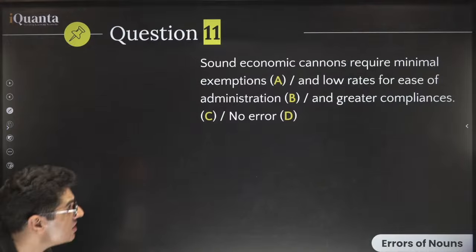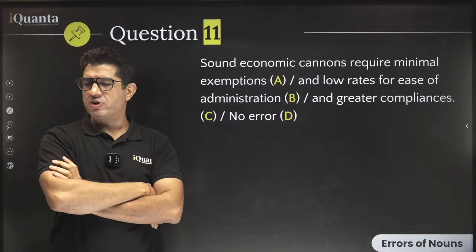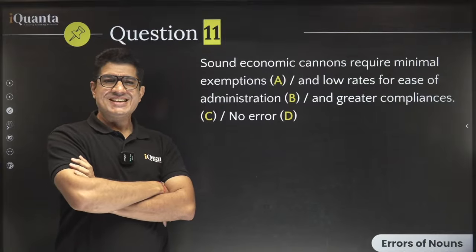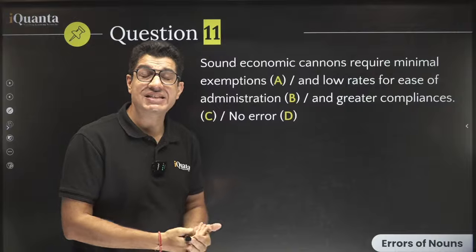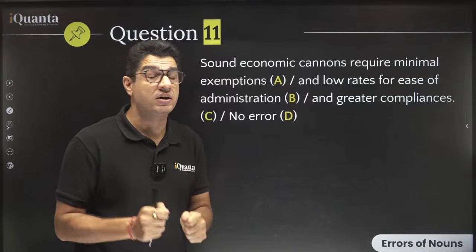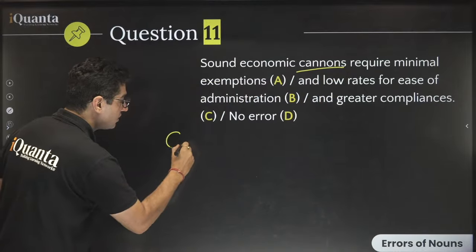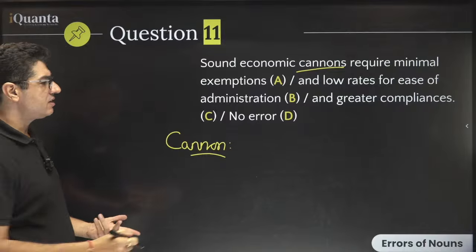Okay, so I'm waiting for some more answers and then we'll talk. So one of the grammatical errors that may exist in a question is that it may end up using a wrong word. So that's what is happening here. So you notice this word canon with a double N. A cannon basically is